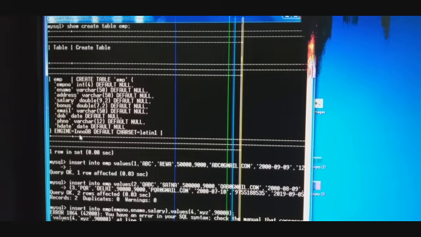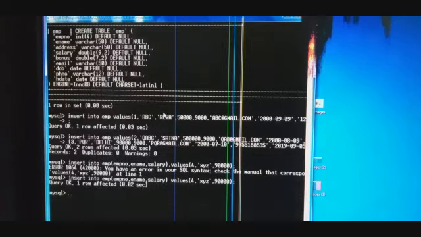And here it also displays the name of the engine. While creating the table, the InnoDB engine is used. Here you can see that the InnoDB engine is used, and the charset is latin1. Okay, so in order to display the structure of a table in query form, we have to use show create table, table name.